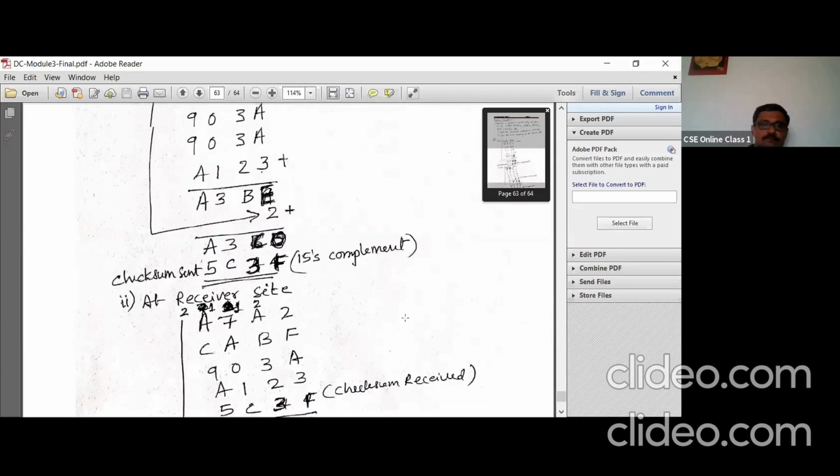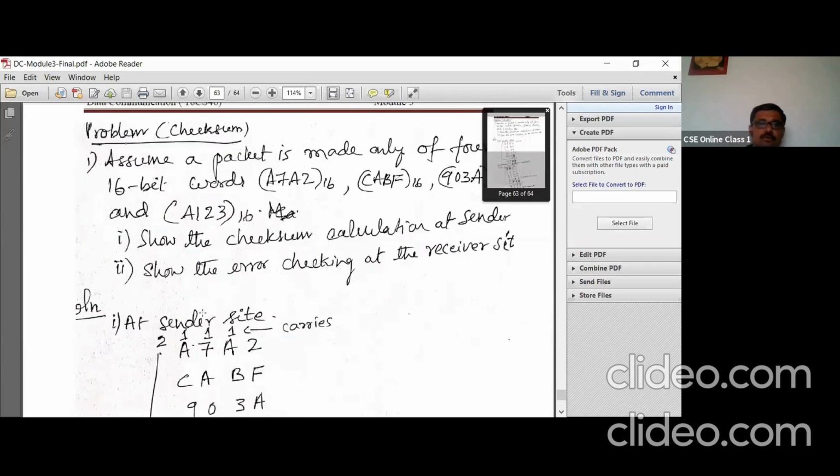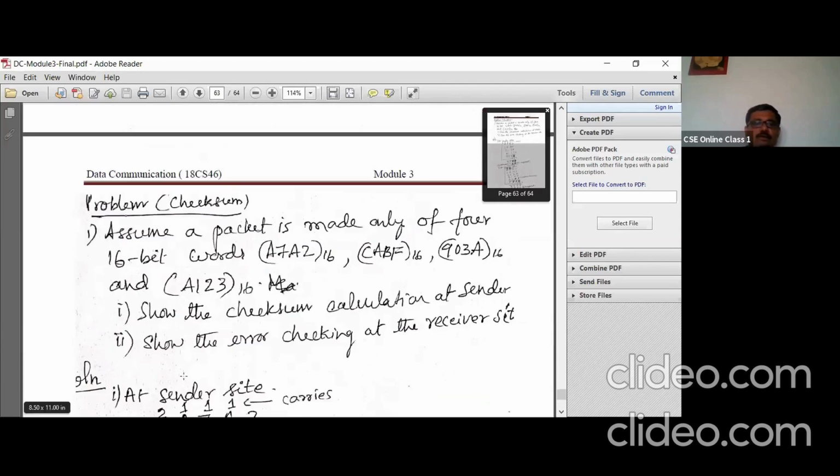Copy that third case completely and work it out. What is the third case? Show the error checking at the receiver side if the fourth data word is received as A145.